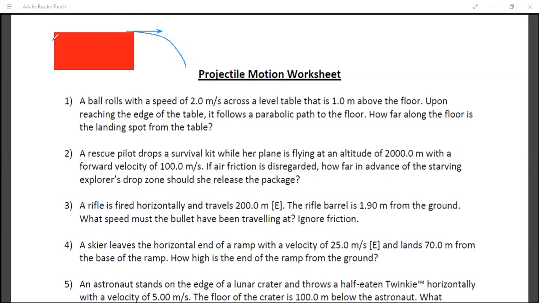So the height they have given is 1 meter, the table height. The initial vertical component of velocity is 0. I know the value of displacement. I will apply S is equal to ut plus half at square to get the value of time it takes to reach the ground. Once I get the time value, I will multiply the velocity into that time to get the horizontal distance, the landing spot from the table. Yeah, Ahan, is it clear?